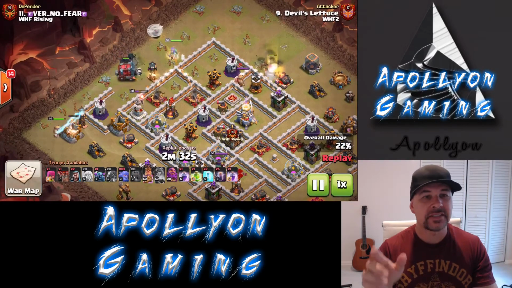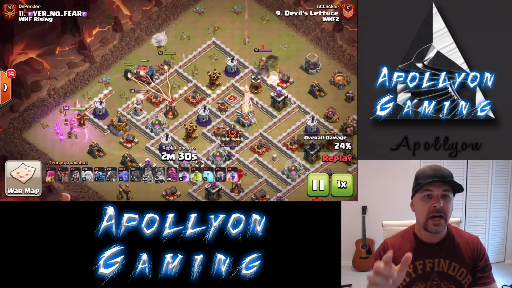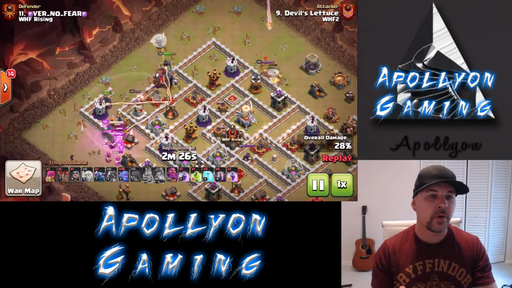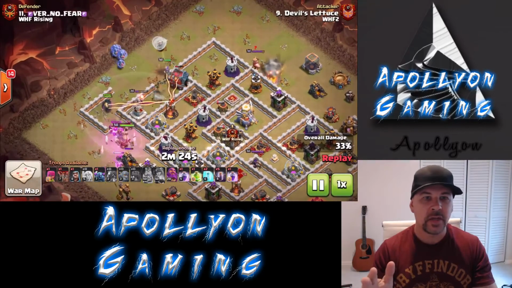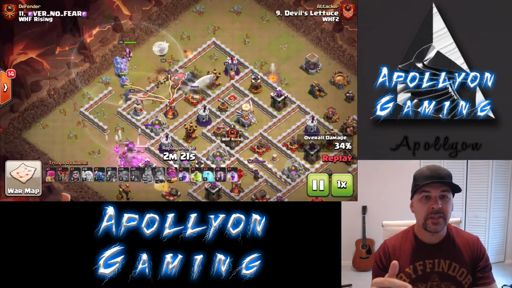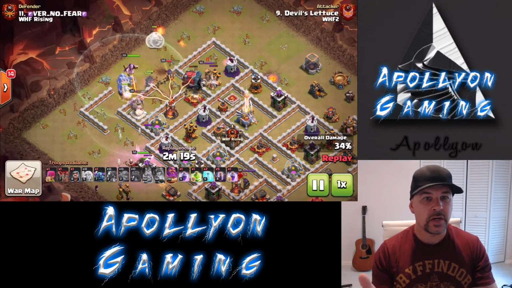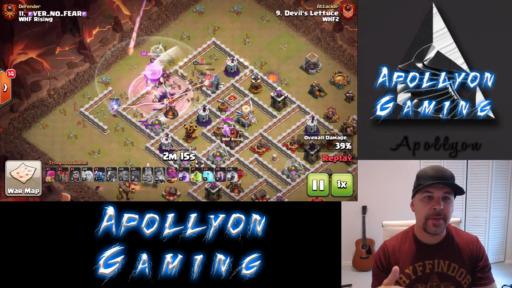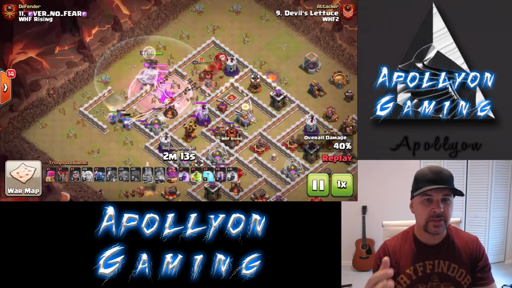The P.E.K.K.A.s almost walk when he drops them after the wall wrecker, but he has to use the king ability and get them in. Now, the second thing is I see no poison spell, and I know a lot of people say, I can do a P.E.K.K.A. bowler without a poison, it's no big deal. And you can, but the problem with this CC is I think it has like 20 archers, or maybe 15 archers in it, and it just gets the P.E.K.K.A.s hung up. It's like a skelly trap, right? So here goes the